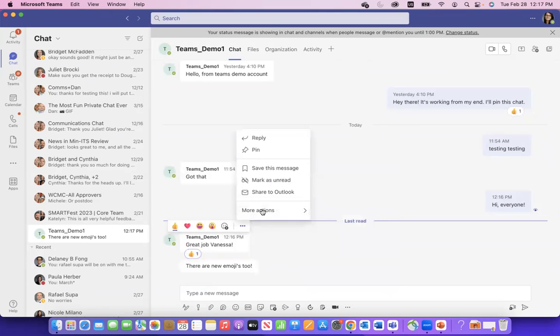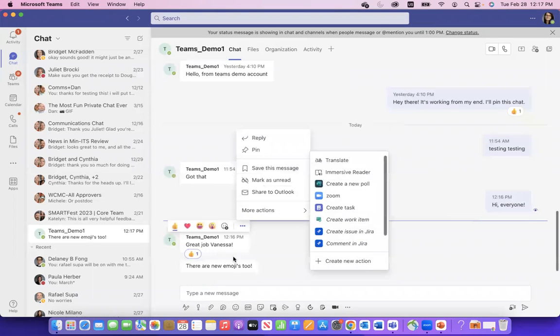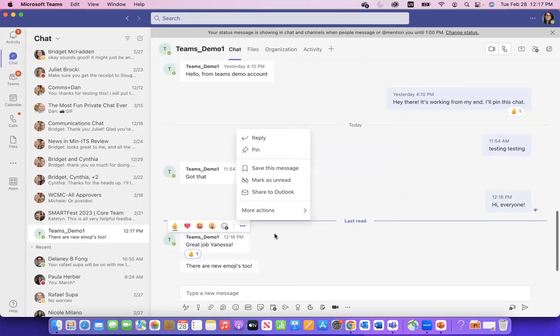There's a ton of, yes, there are new emojis. I'm going to show that. That's actually my favorite part. And there's a few other actions that you can do. I encourage you to take a look when you're going through your own messages to see what you could do. Just for time purposes, there's no way we could show you everything.